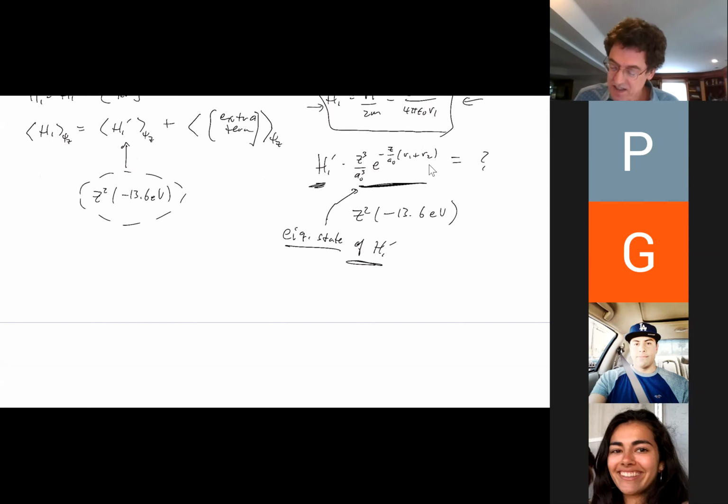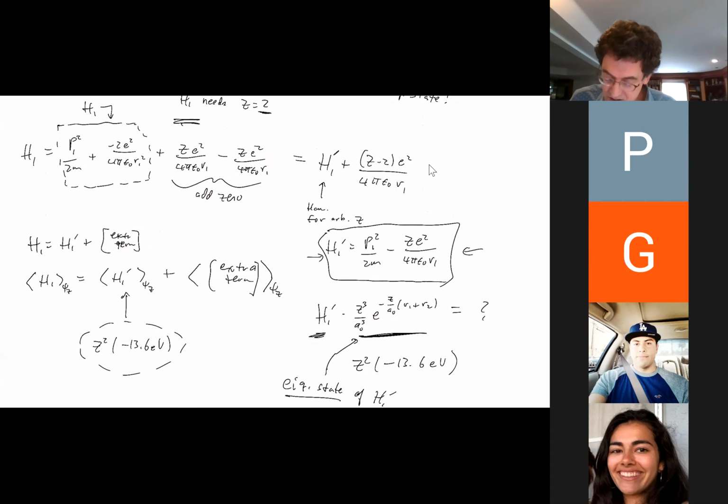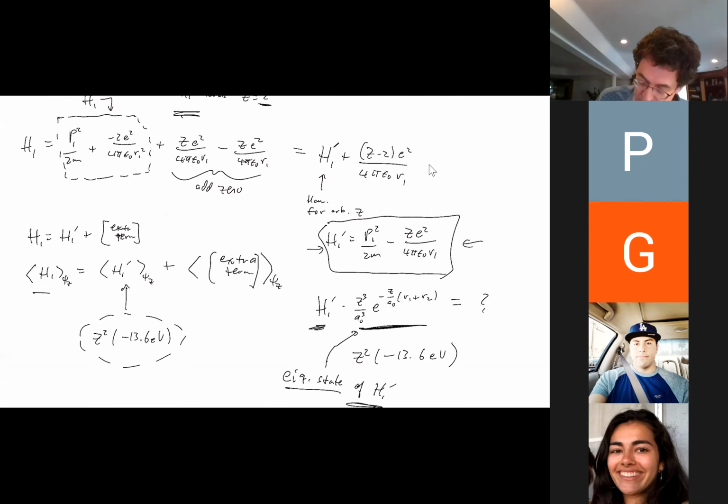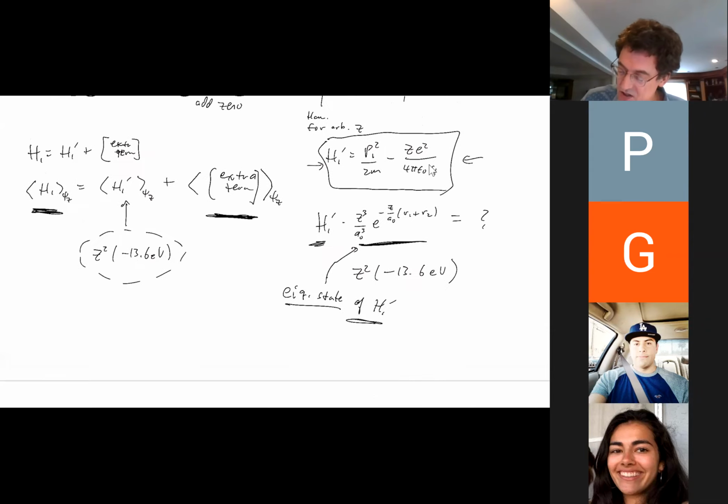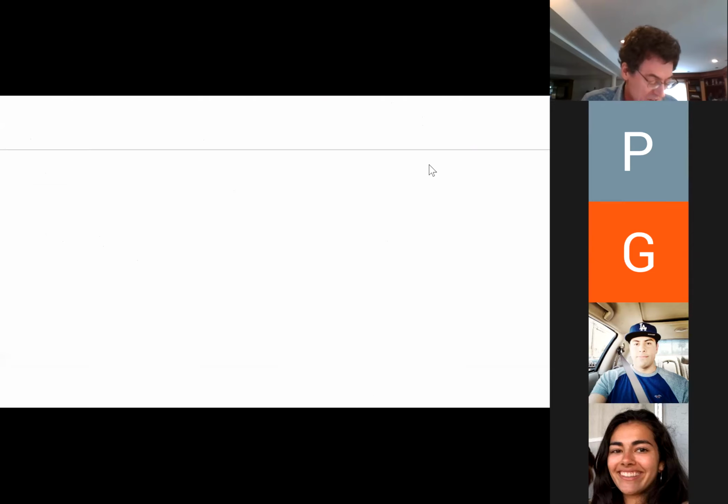And so that means it becomes easier to calculate the expectation value of H1, because now I only have to calculate the expectation value of the extra term, which is easier. So let's put that together. H is equal to, now I can write it like this, H1 prime plus H2 prime, and these are the Hamiltonians for arbitrary Z,